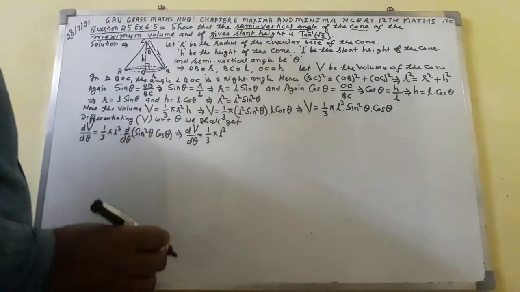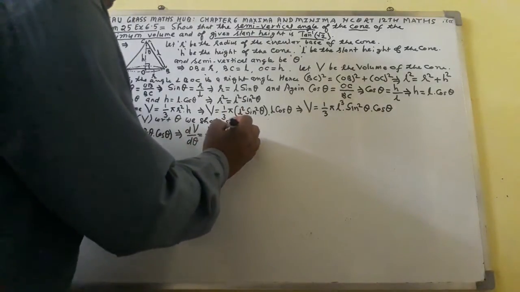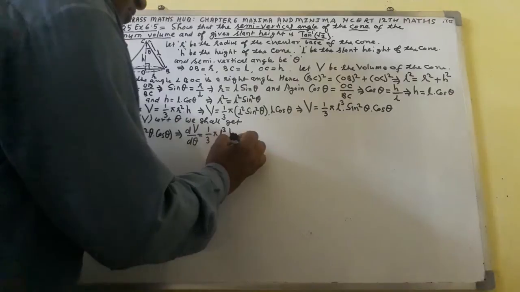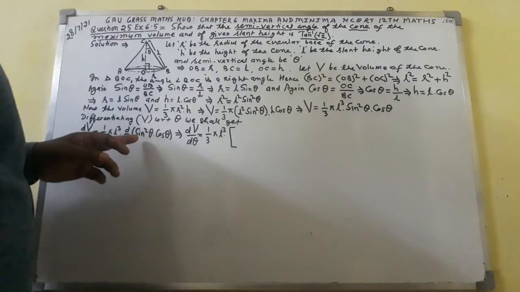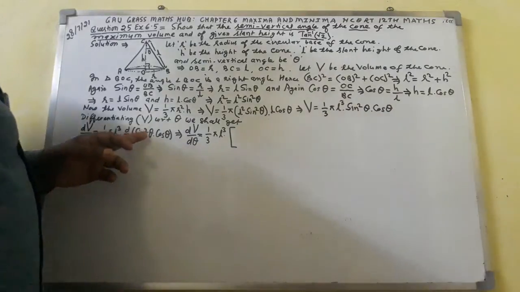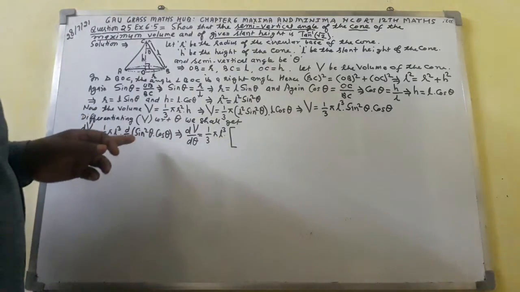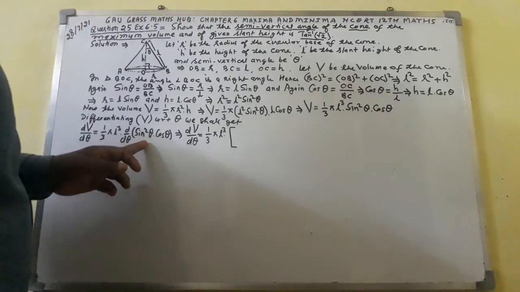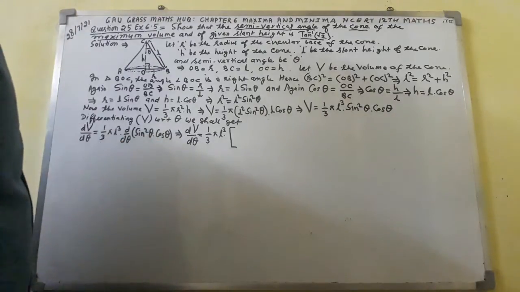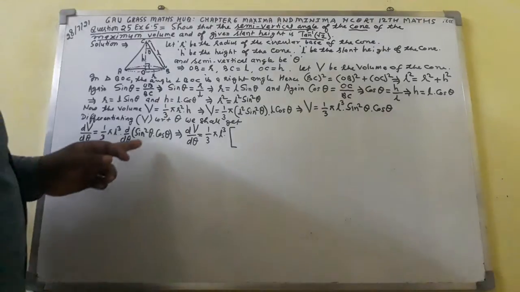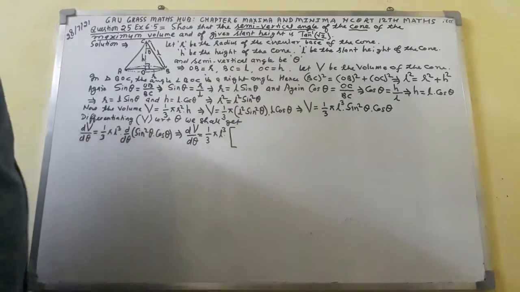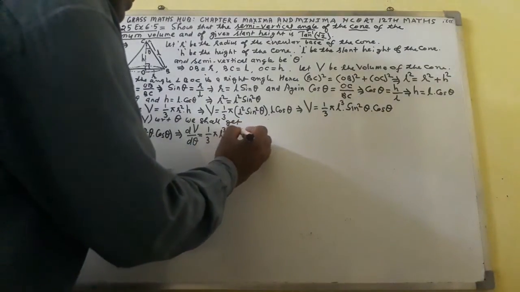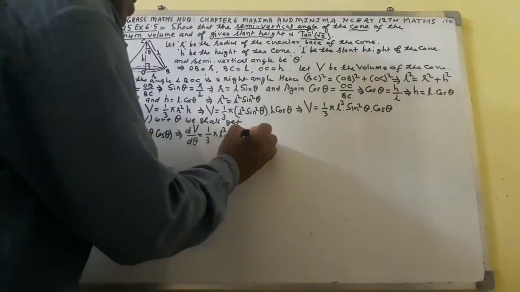What to do in this case? Here open dot square bracket. Here I shall two functions, sin square theta is first function, cos theta is second function. Two functions sin square theta and cos theta are multiplied together. So here I shall use product rule. Here I shall write first function as it is, sin square theta